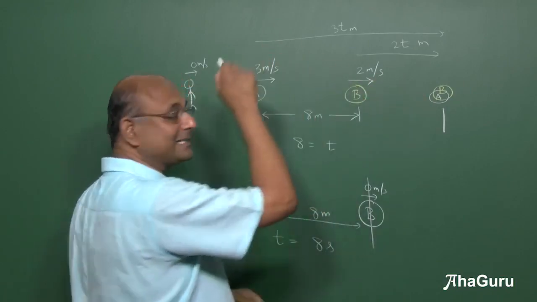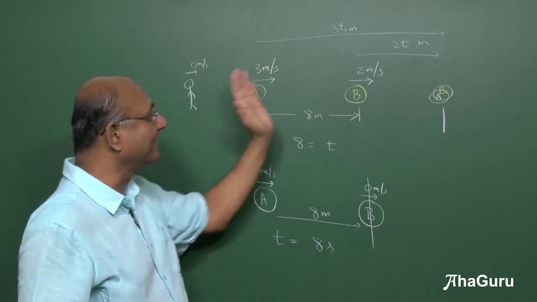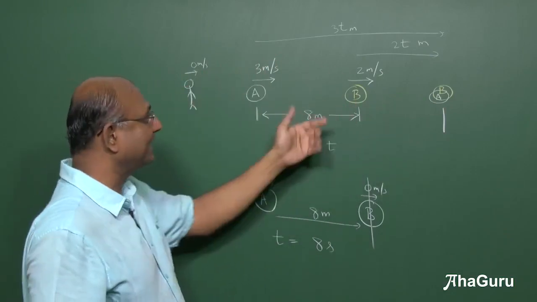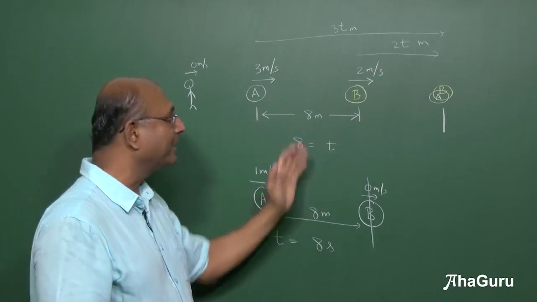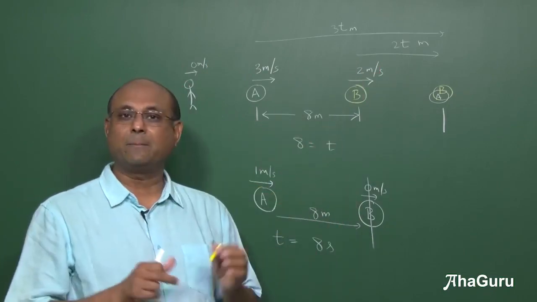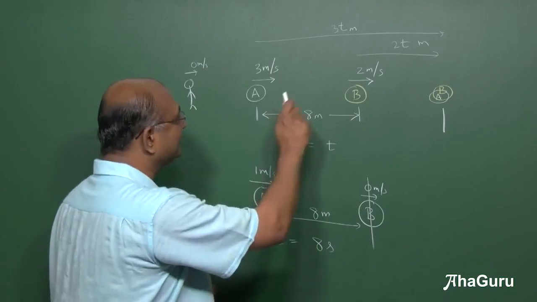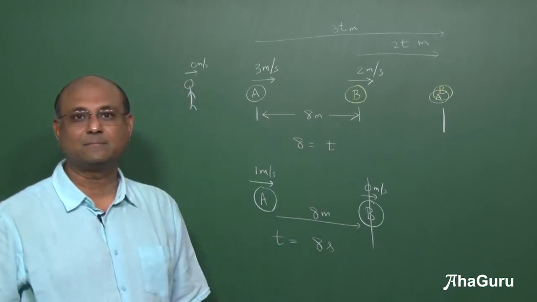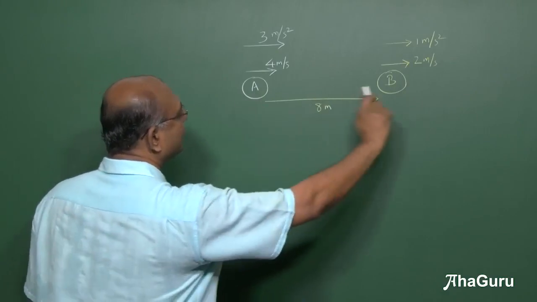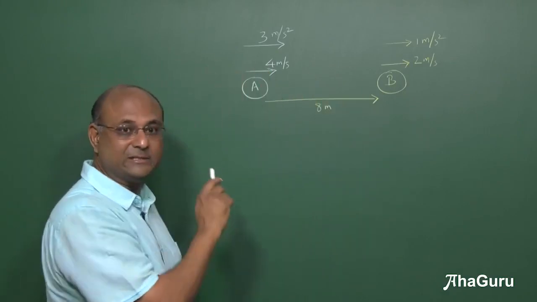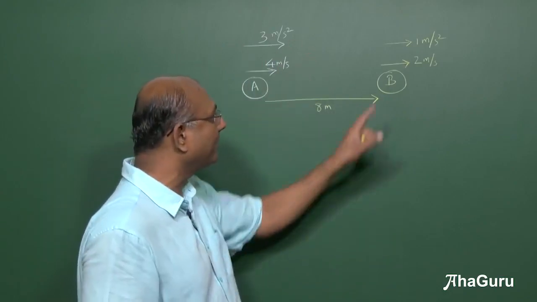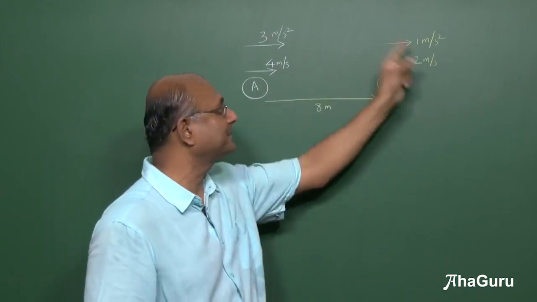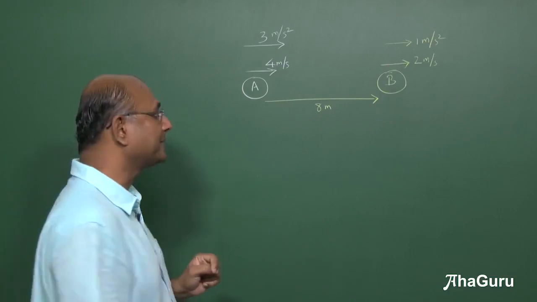But if I had accelerations, then I have to think a little bit more because A also has an acceleration, B also has an acceleration. Then in terms of distances, etc., to calculate, it becomes easier to basically make B at rest. So let us look at a question where we have accelerations as well. So if I now look at this question where A has an initial velocity of 4 meters per second and an acceleration of 3 meters per second square, B has an initial velocity of 2 meters per second and acceleration of 1 meter per second square.